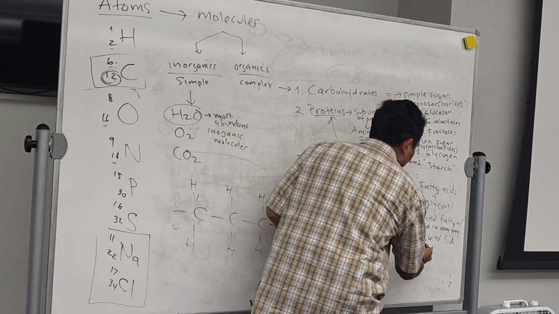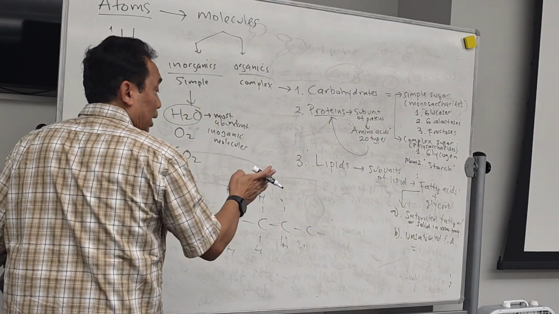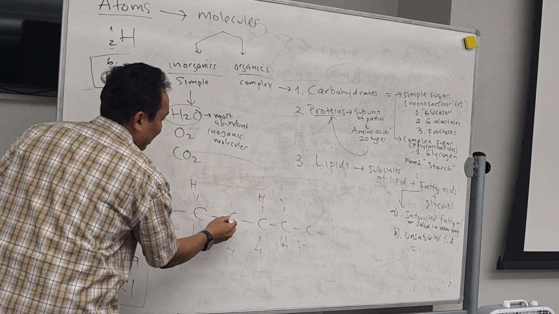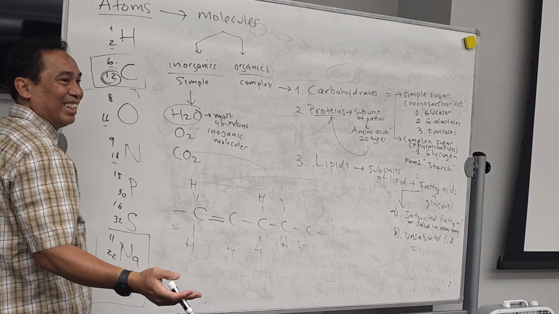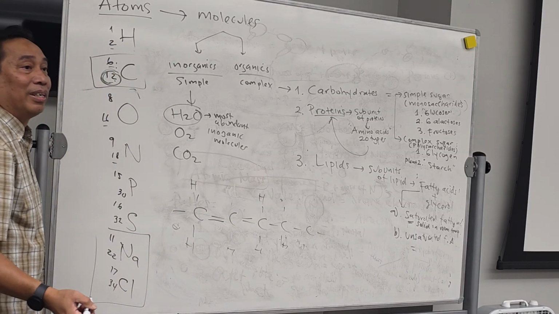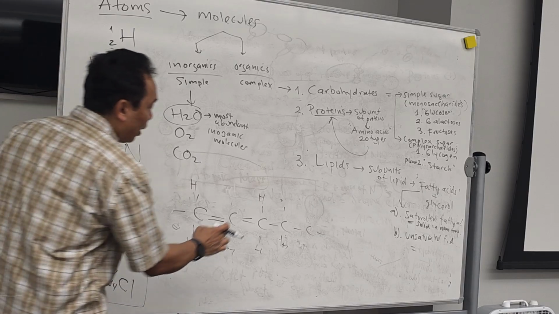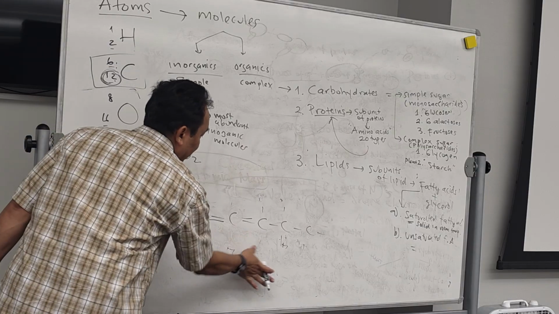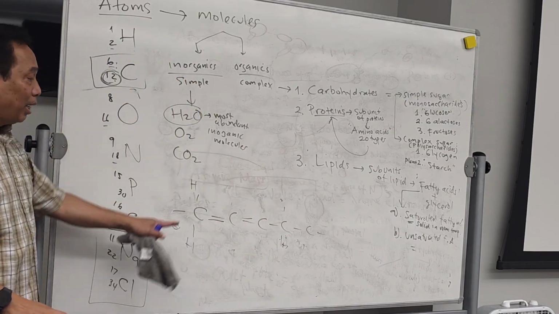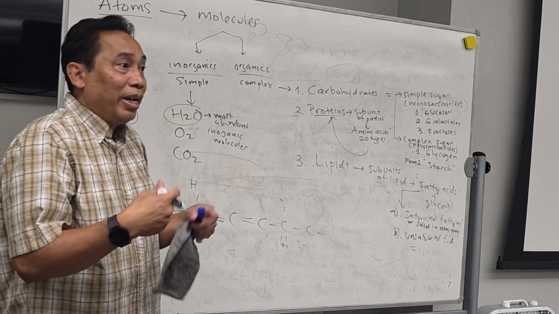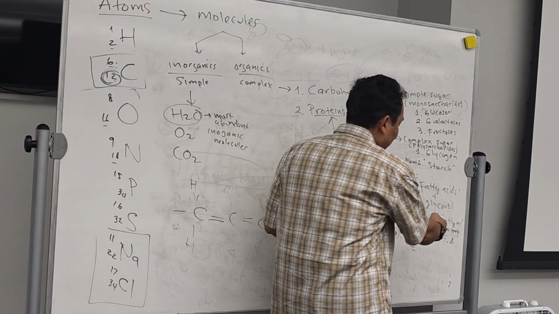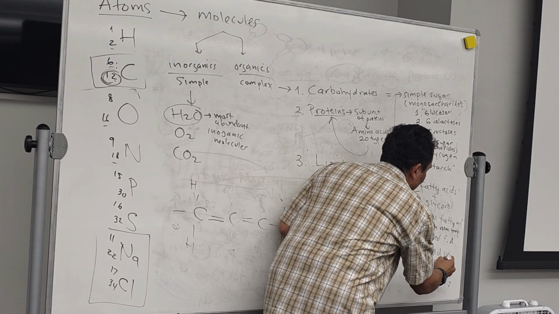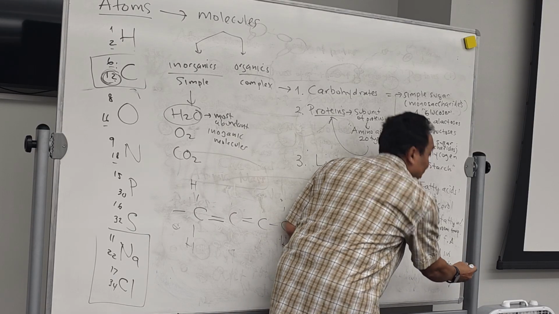Unsaturated fatty acid over here means that they lost this, let's say lost one of these. What happened? They create a double bond. Let's say this one has two double bonds. The hydrogen is not saturated. When there is a double bond, it will cause this fatty acid to become liquid at room temperature.